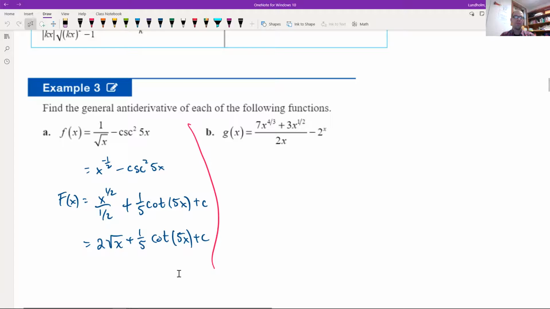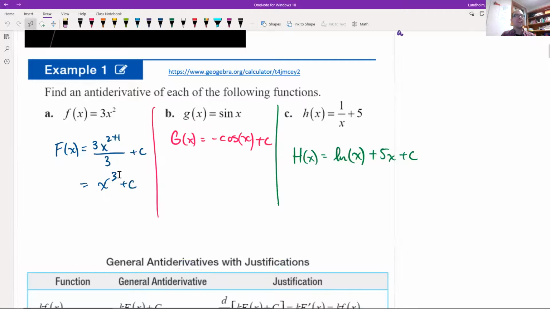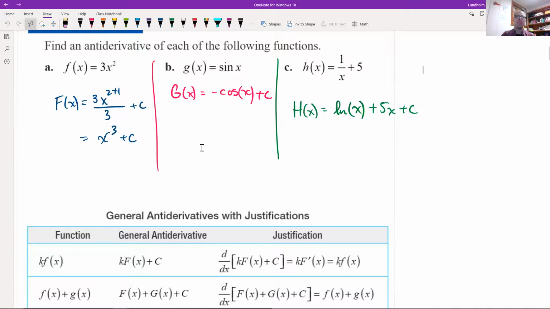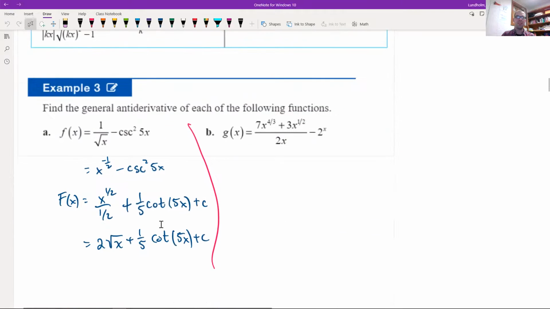But yeah, there's a general antiderivative here. And I think maybe this is the technical difference between a general antiderivative and an antiderivative. We probably didn't need to put the plus C's on this one. We could have put anything there. But for a general antiderivative, putting the plus C at the end is important because that denotes the family of functions. Anyways, going back to g of x,